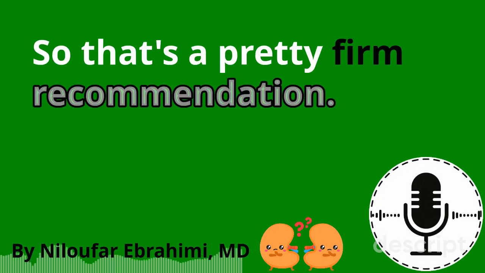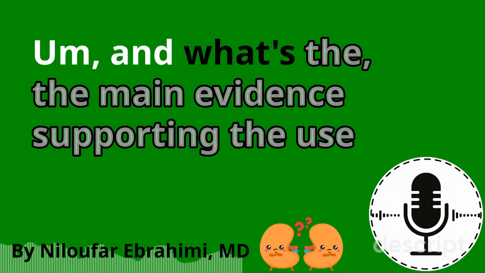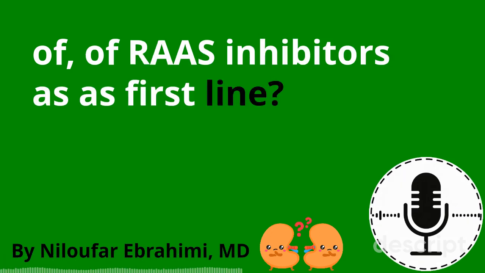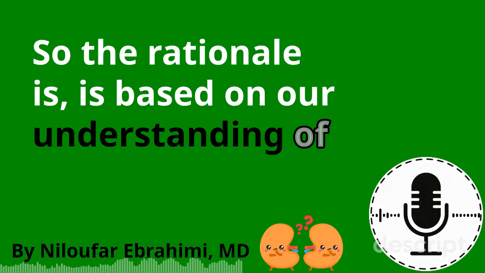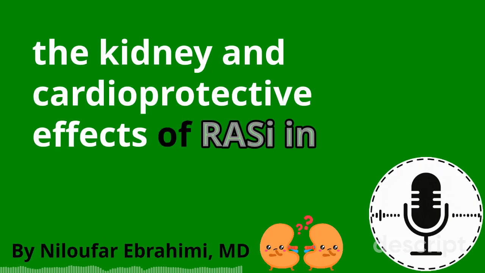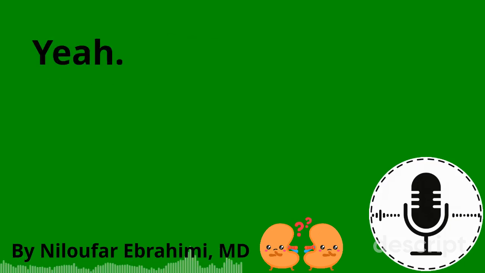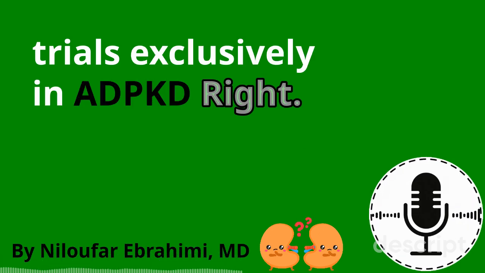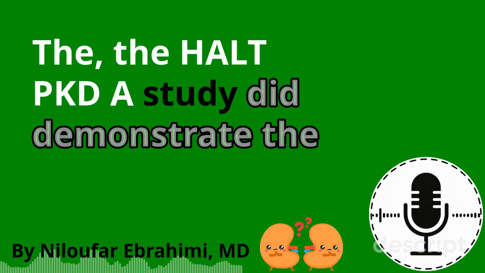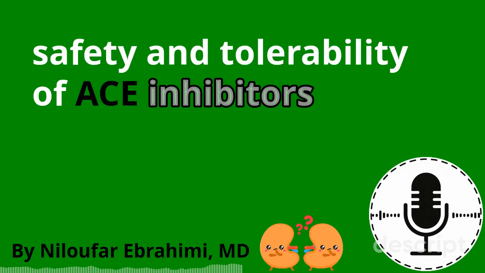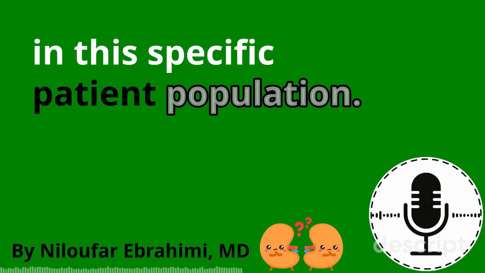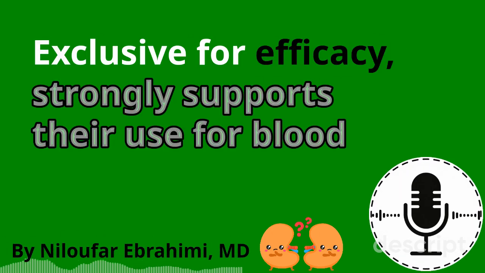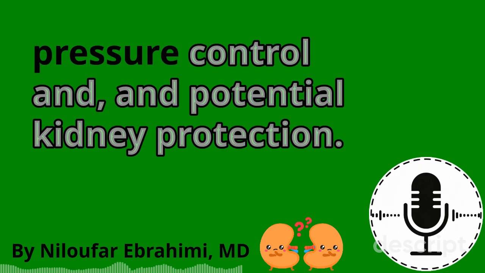So that's a pretty firm recommendation. And what's the main evidence supporting the use of RAS inhibitors as first line? The rationale is based on our understanding of the kidney and cardioprotective effects of RAS inhibitors in chronic kidney disease in general. While we don't have massive randomized controlled trials exclusively in ADPKD, the HALT-PKD study did demonstrate the safety and tolerability of ACE inhibitors in this specific patient population. So the evidence, while perhaps not ADPKD exclusive for efficacy, strongly supports their use for blood pressure control and